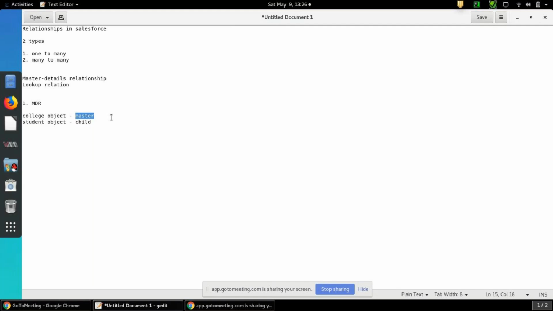Also, if I delete any master record, the child record will automatically get deleted in the case of a master-detail relationship. That's why we call the master-detail relationship a tightly coupled relation.